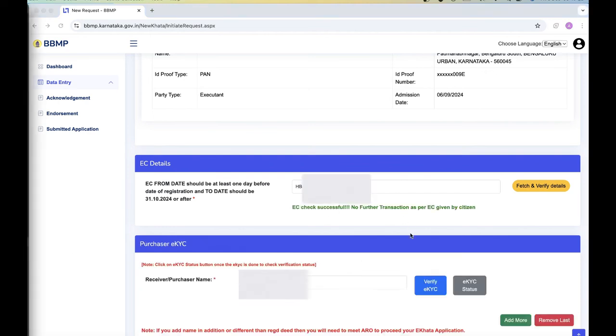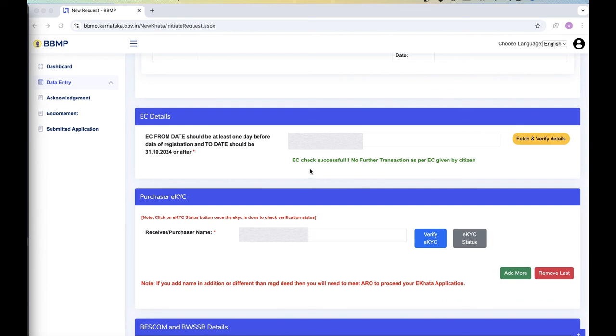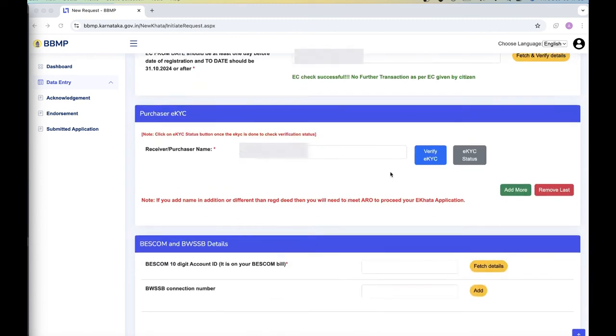See here, I entered the EC and I fetched it. From Kaveri, it's saying it is successful. So it checks that after the sale deed you have given, there is no further transaction and the EC belongs to the person. Here, after this, you have to verify the eKYC of the owner who is wanting to have